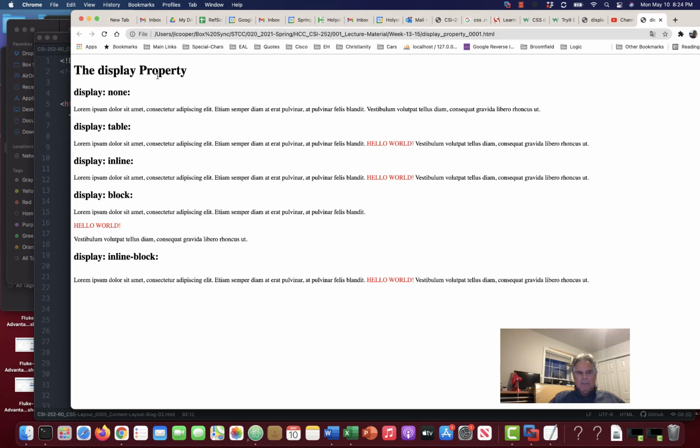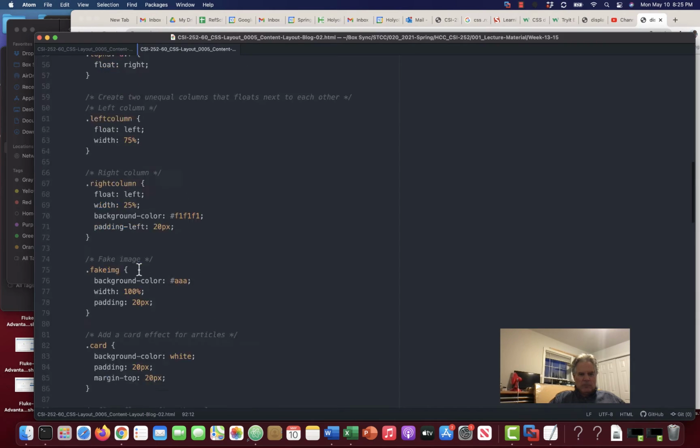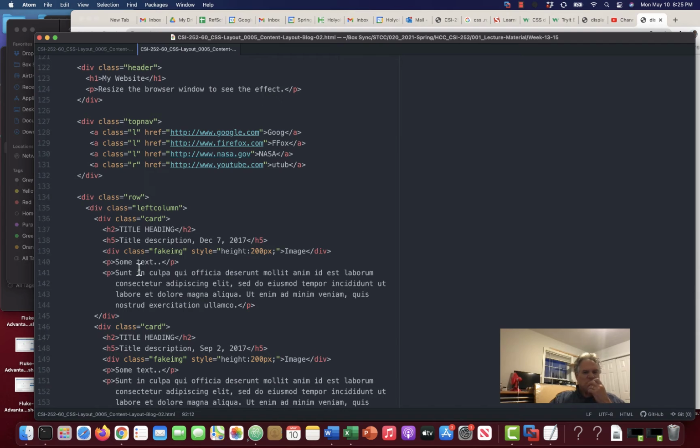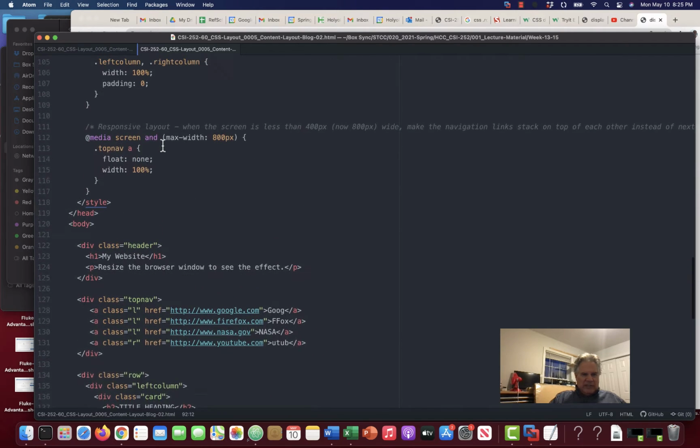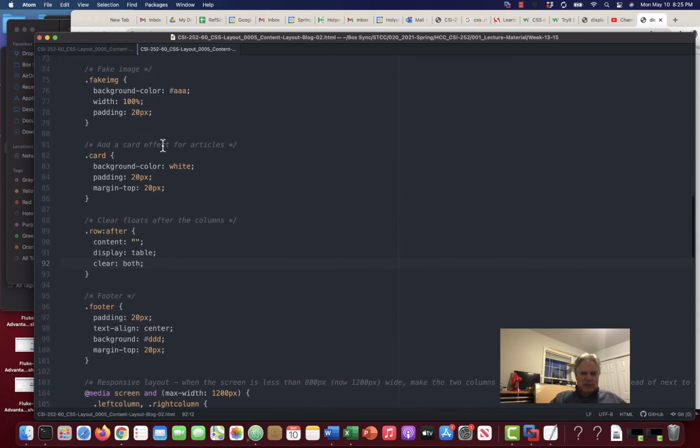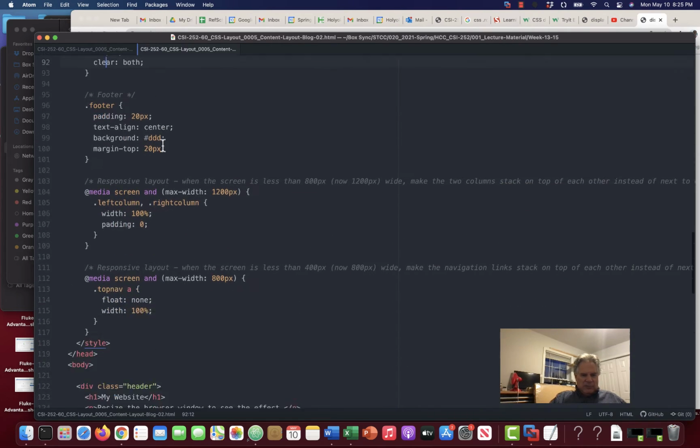Let's look at this file. I made a couple changes, by the way. I should show you. For one thing, I put in actual links and just called them Goog, FFox, NASA, and YouTube, so you can see that. And I added a new style. As you know, in the nav bar, they have something that says